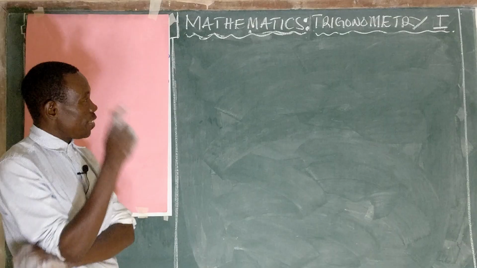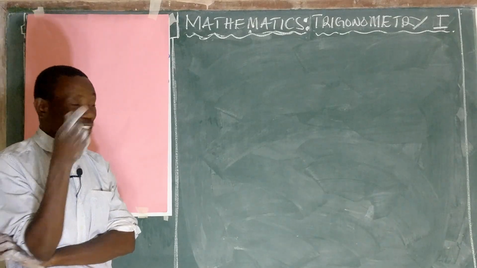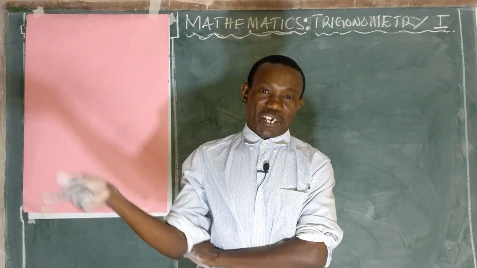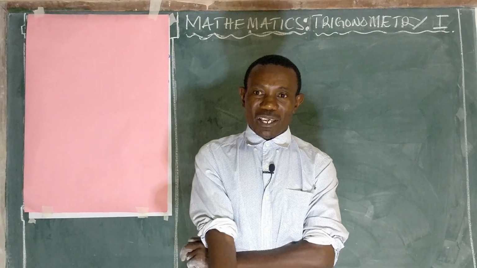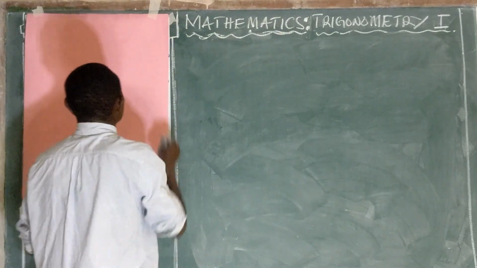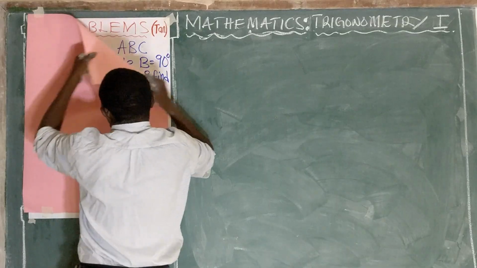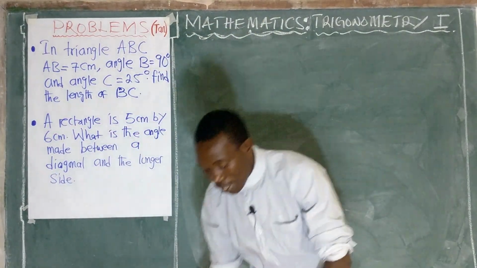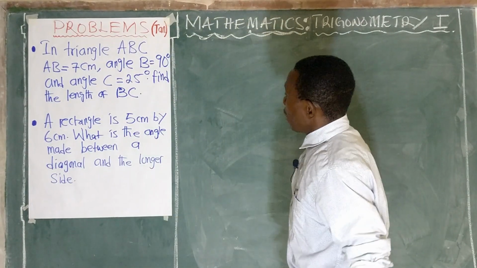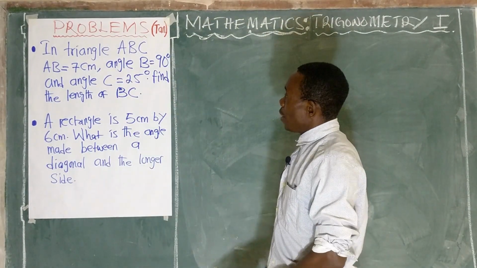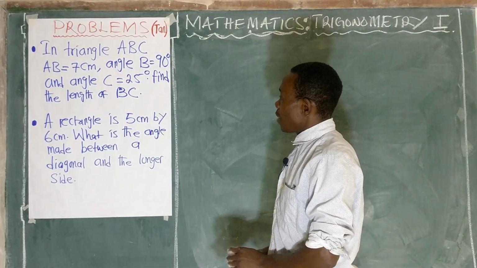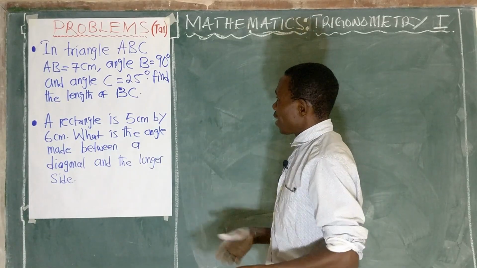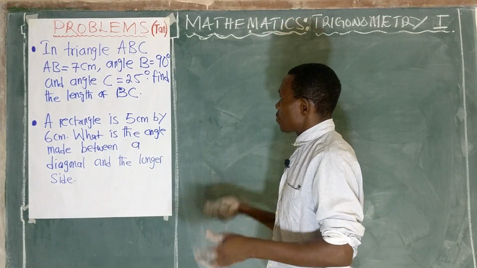If the teacher tells us we have to use the three ratios, how do I pick a ratio and how do I use it? I'll explain this better when you have the problems. Here, for example, we have two problems. The first one talks about the triangle, the second one is about the rectangle, and it can be any application. Also in physics and other areas, problems come when you may need to use the